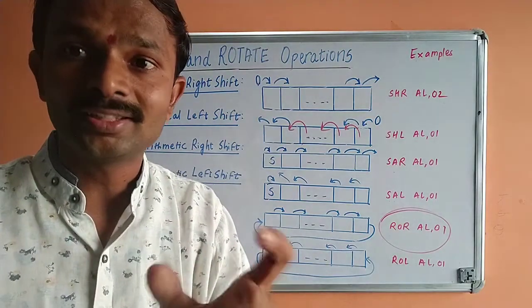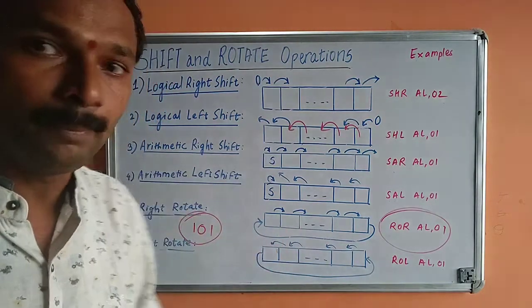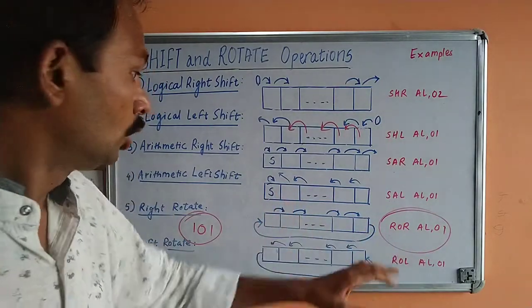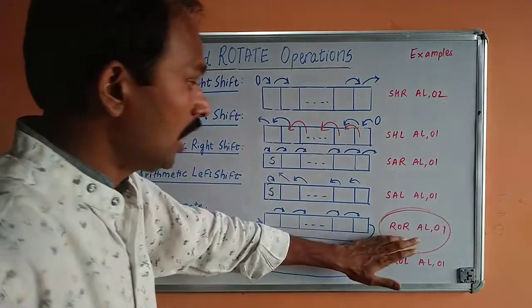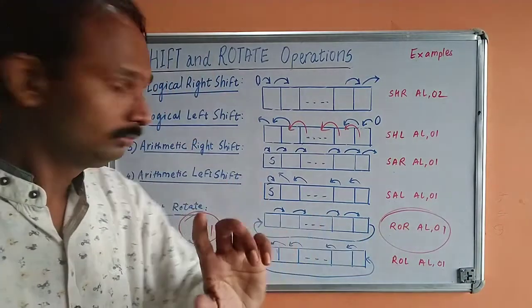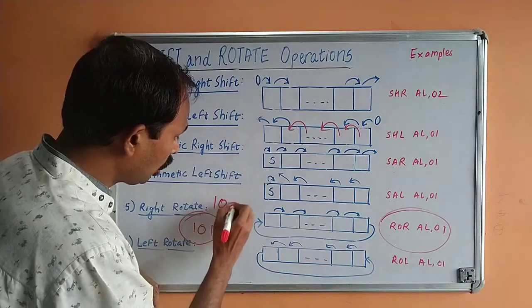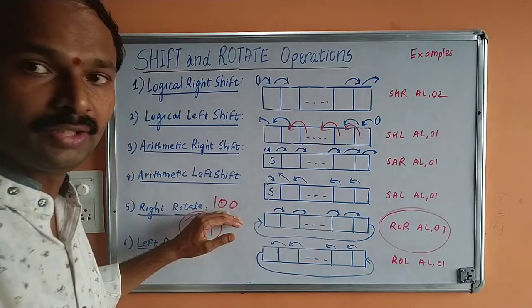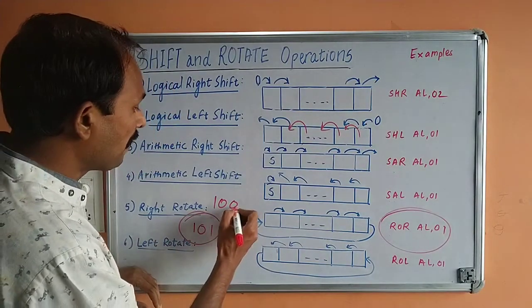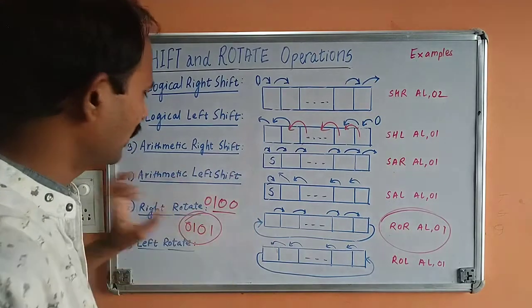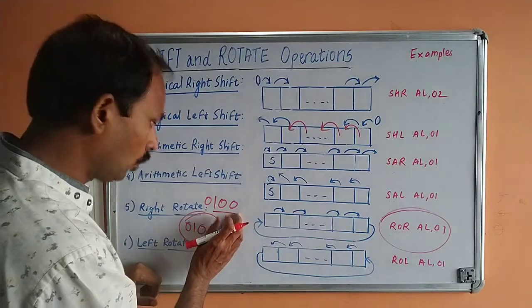So if you need to write an assembly language program for even and odd numbers, you need to use some of these instructions. I will be using here, guys, ROR AL by 01 bit. Now why? Because I know that for all the even numbers, for example, this is an even number, this is a 4. So you can take this also like this, 0 and 0. So this is the number 4.